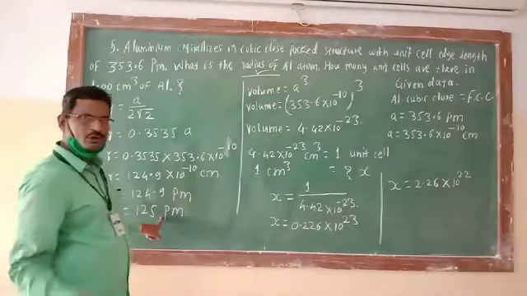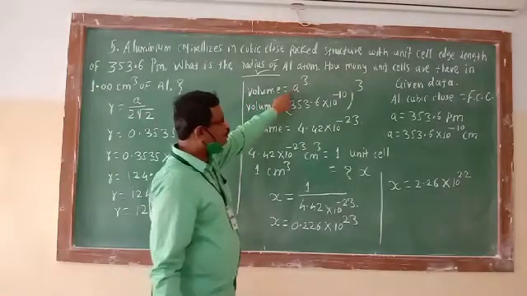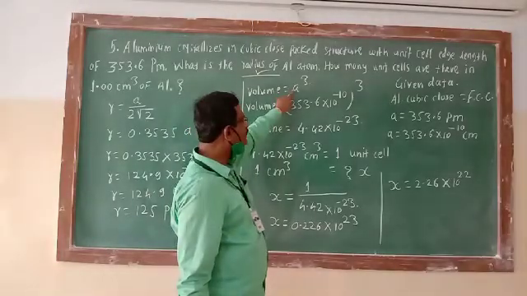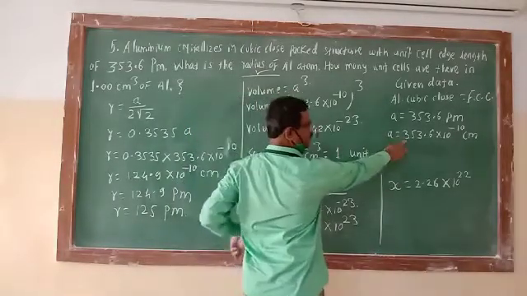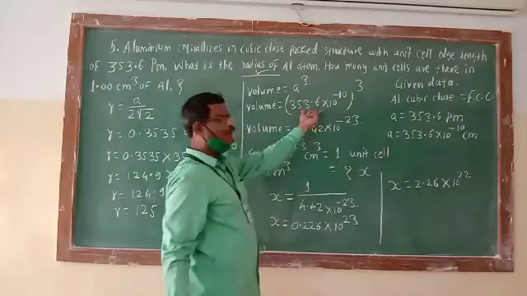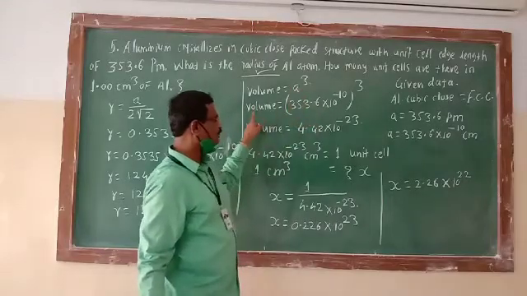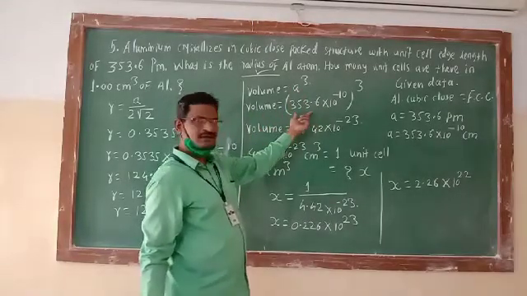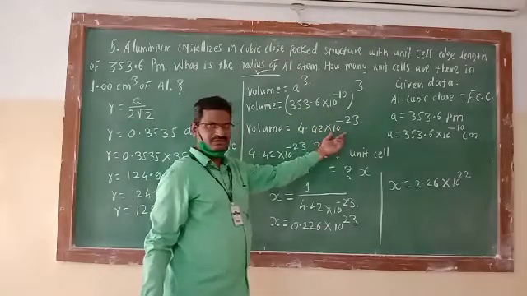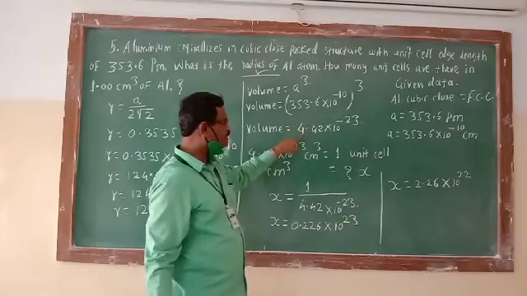Now we know the volume is calculated by the formula cube of edge length a. Volume is equal to a cube. A is given as 353.6 into 10 raised to minus 10. Substituting over here, we can calculate the value of volume, the cube of this factor, 4.42 into 10 raised to minus 23. On solving this completely, we will get this answer.